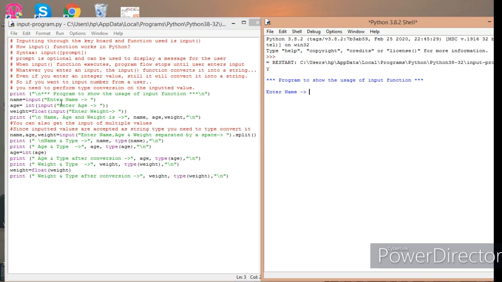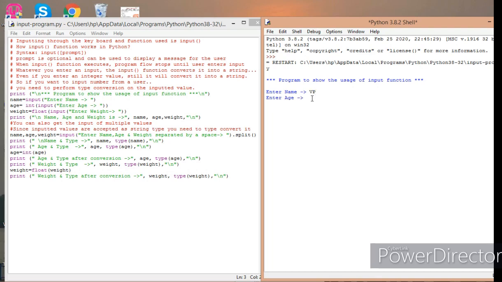So the program to show the usage of the input function. Here is the name input, and this is the prompt. If you want to give some message to the user, I can write it inside this parenthesis. So it is asking me for the name. I'll say this is VP.